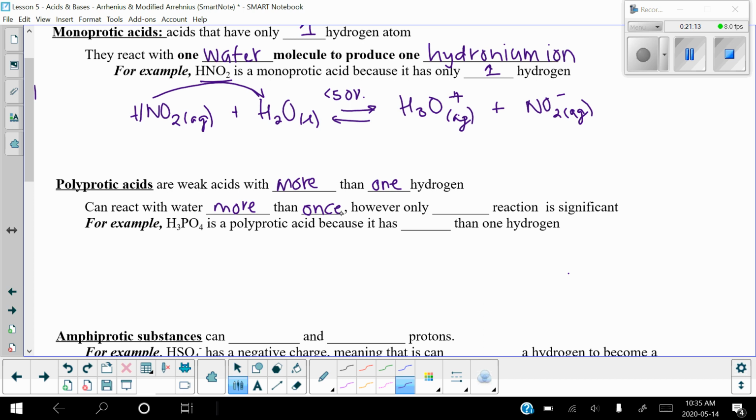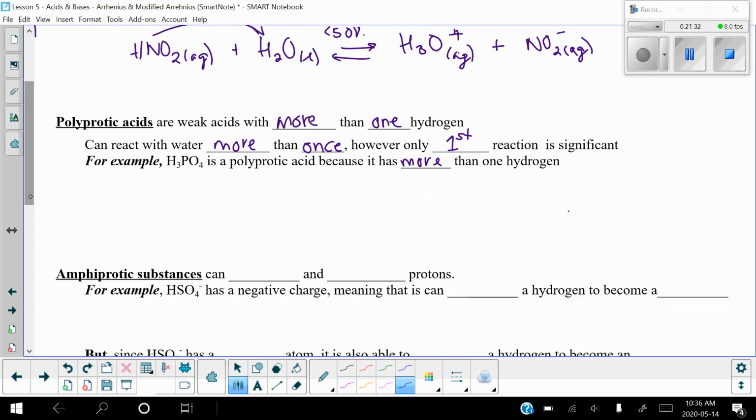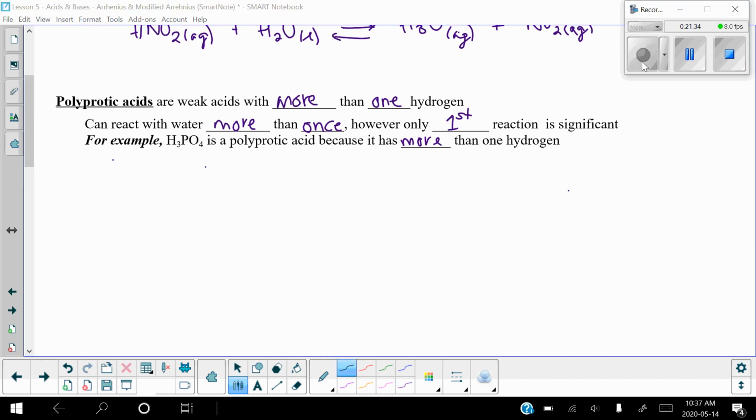However, only the first reaction is very significant. For example, phosphoric acid, H3PO4, is polyprotic because it has more than one hydrogen. Now, this is what we're talking about. In the past,